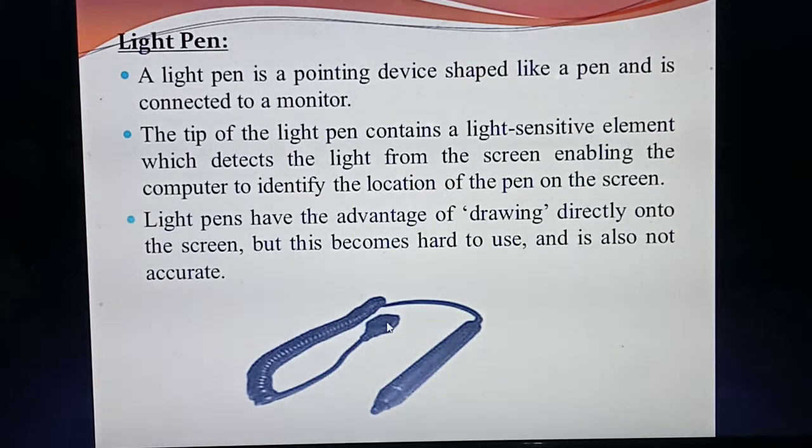Okay, so how this device will work: it is a light sensitive element. Light sensitive element means it will detect the light. For example, you are placing that pen on a particular position of the board. In that place where you are pointing the pen, the light will fall, and based on that it will detect this place you need to draw. Based on the light, that is laser light or something, only based on the light you are going to draw the particular items on the screen.